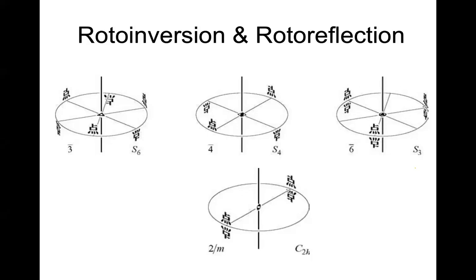Interestingly, now you see 2 over m. Okay, we don't write 2 bar m. The reason is we rotate this by 2-fold rotation here. This is the plane and this is the axis. So we make 2-fold rotation, it comes here. What then? The m means perpendicular to this axis of 2-fold rotation, that means the plane of this ring. You apply a mirror plane, you slice. Then what happened? This will come down, this will come down. So 2 over m symmetry generates 4 positions.